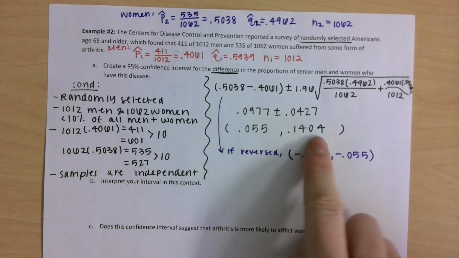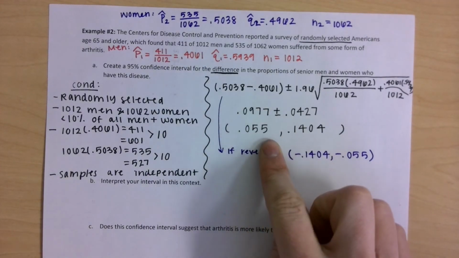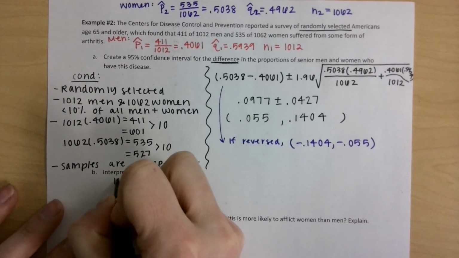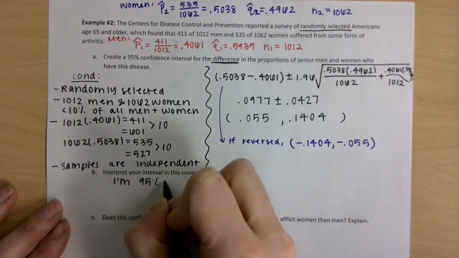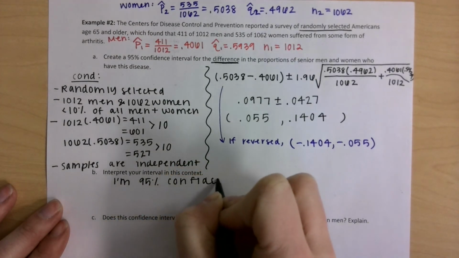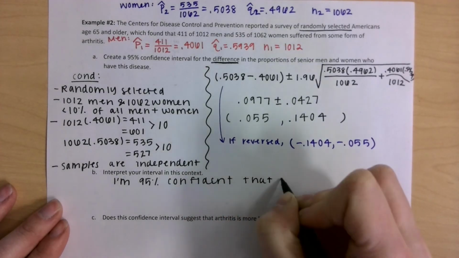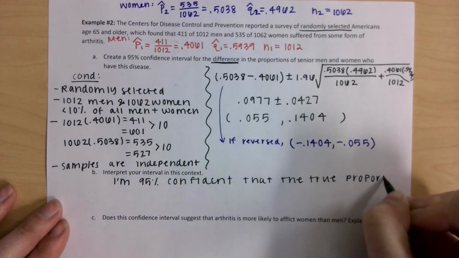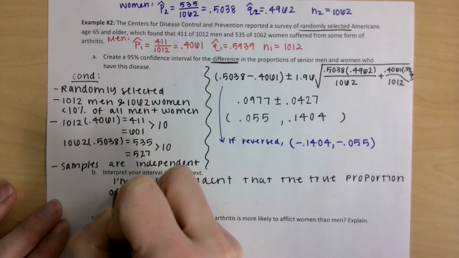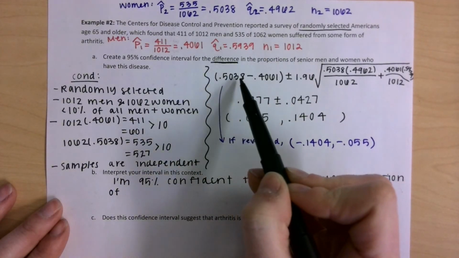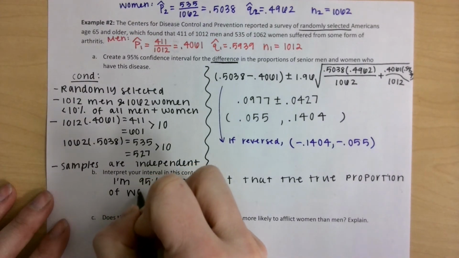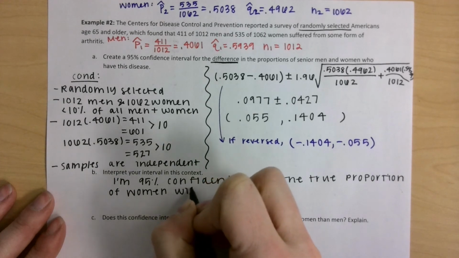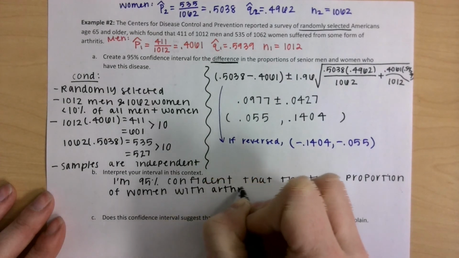Okay, I'm going to use this first interval that we have, not the one in purple, the one in black, to write our interpretation. So I'm starting with my confidence level. I'm 95% confident that the true proportion of the first group. So the first group I looked at was right here. That was the women who have arthritis. I'm going to say women with arthritis